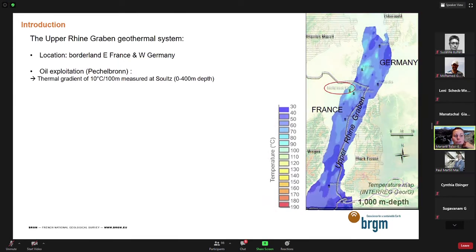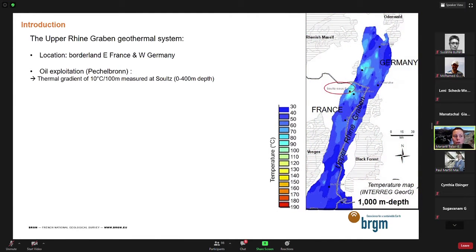You may know that the oil exploitation in the area of Pechelbronn highlighted an abnormal thermal gradient. Indeed, at the beginning of the 20th century, a thermal gradient of 10 degrees per 100 meters was measured at Soultz-sous-Forêt, between the surface and 400 meter depth. After the 70s energy crisis, Soultz was targeted for deep geothermal exploitation as of